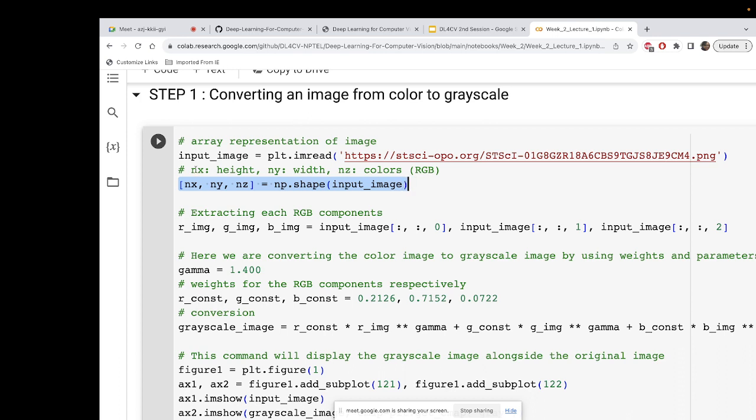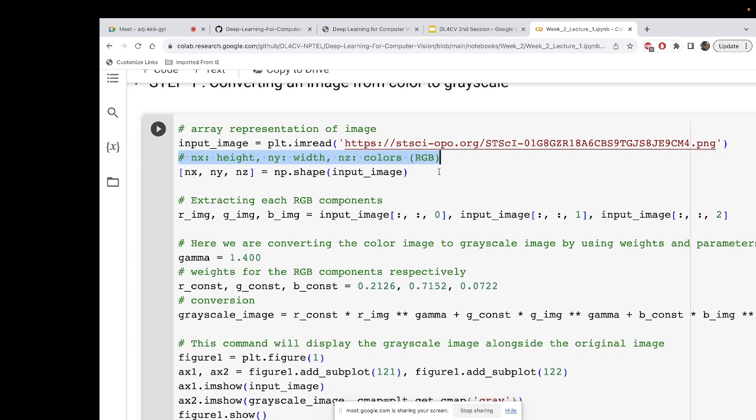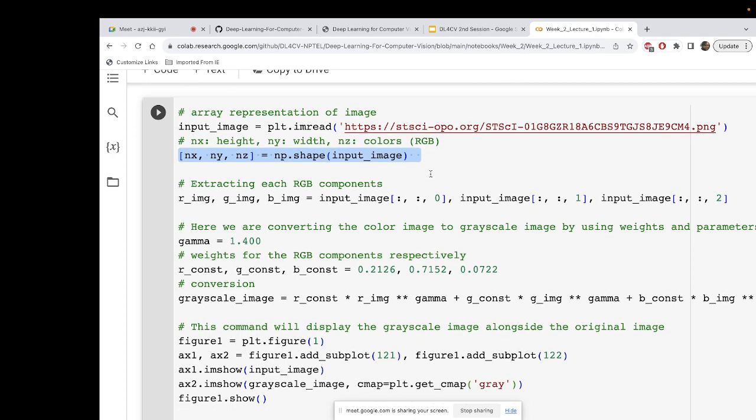This image is an RGB image, like it said here. Below we'll also look at what the image is exactly. RGB means there are 3 dimensions in the matrix: nx, ny, and nz. All of these we store in separate variables, right? And now what we want to do is